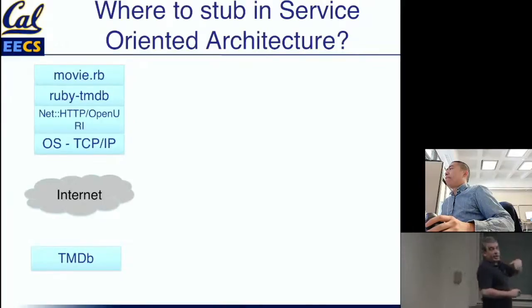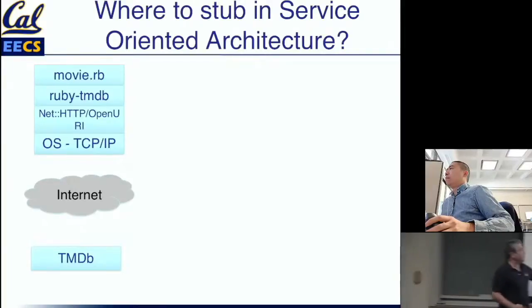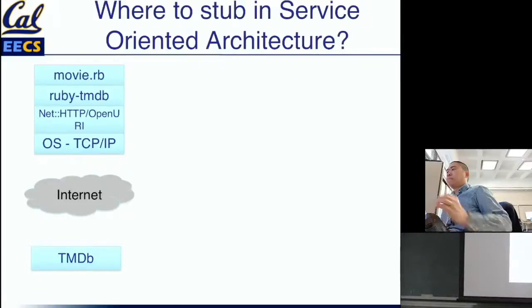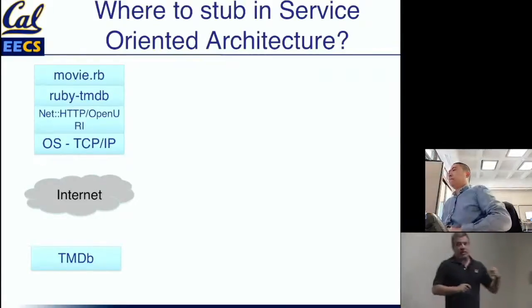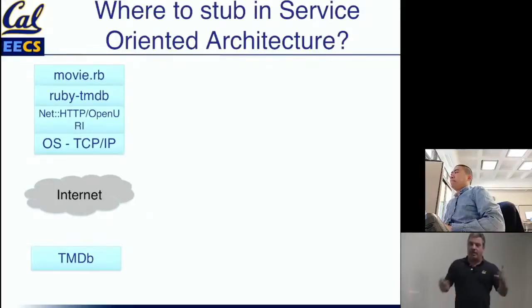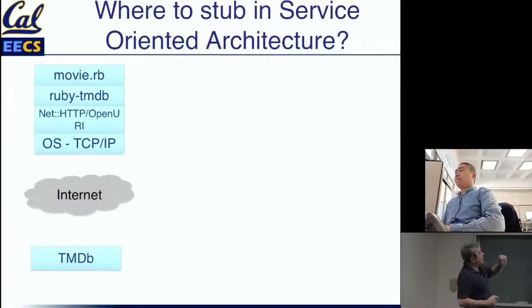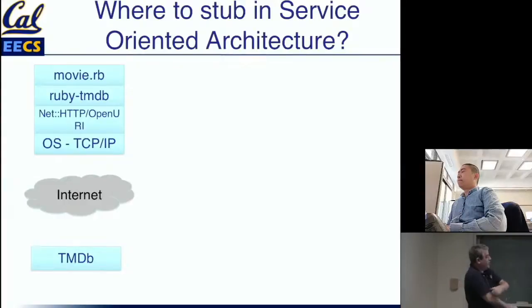But if you were doing a cucumber scenario for this, the question is, in that cucumber scenario, do you actually want to call the real external TMDB? Because now you're introducing essentially a dependence on the rest of the internet into your test. Not so good for test independence, right? So what if we can get all the way to where TMDB would